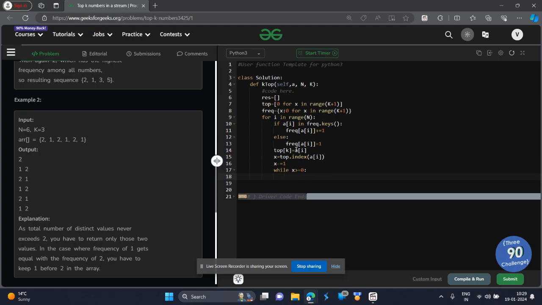We will have three conditions. Either the frequency of this top element will be smaller than its succeeding element, or it will be the same but this element is greater than that. In this case, that was the second condition which we checked in example 2. And if that's not the case, we will break out of our loop. So first condition is